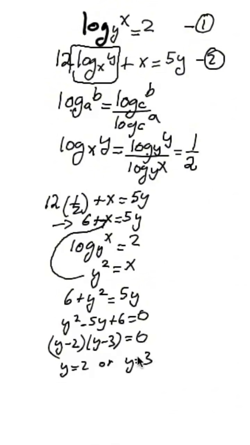Now all we have to do is sub it back into the original equations and solve for x, right? Or we can just use this equation right here. This would be easier. x is just equal to y squared, right? So if y is 2, then x is just going to equal 4. And if y is 3, then x is just going to equal to